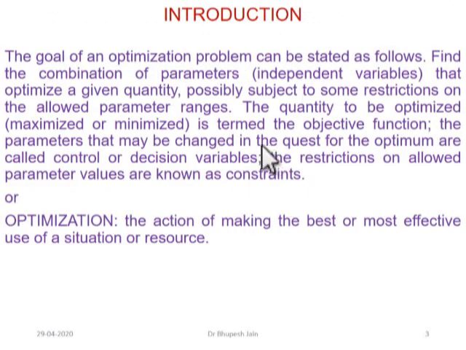Here is the formal definition of what optimization is. Optimization is the action of making the best or most effective use of a situation or resource. This is the short and sweet definition, but you can go for this: optimization means selecting the best solution among all the available appropriate solutions. Optimization selects the best solution only. How it works is a different story, but it is a procedure for selecting the best solution.